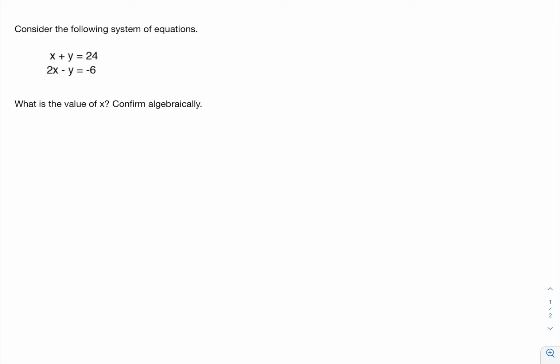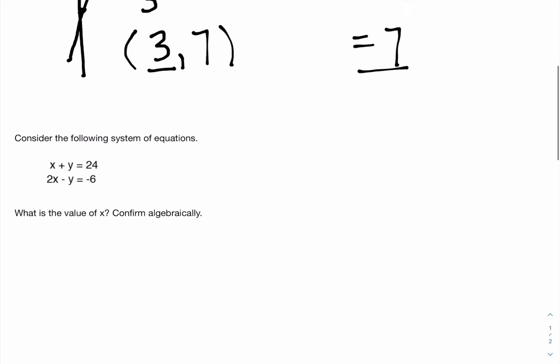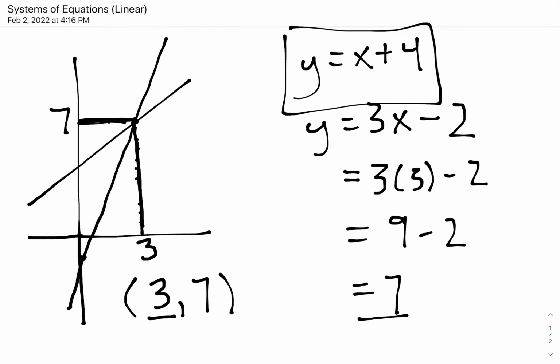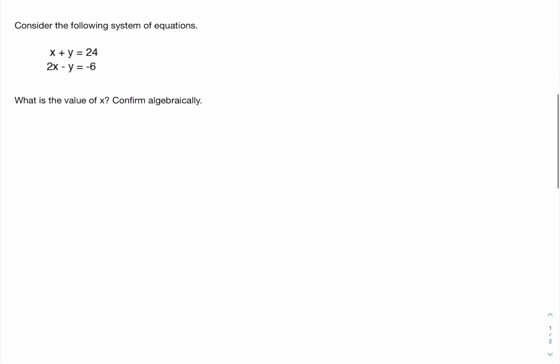Consider the following system of equations. Okay, so we know x plus y equals 24, and 2x minus y equals negative 6. What's the value of x? Confirm algebraically. When they say confirm algebraically, that just means do what we did up here: figure out what x is and make sure it works for both equations. We just have to isolate for one of them. So I've only shown you